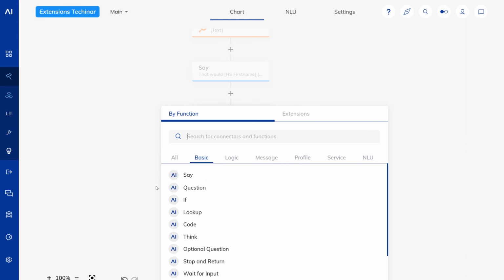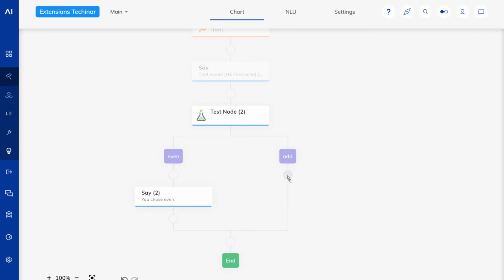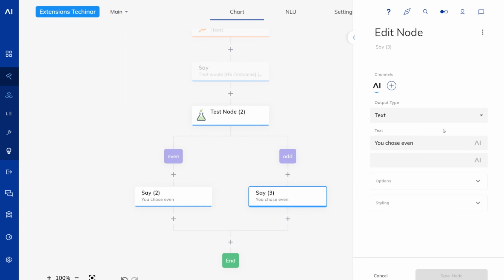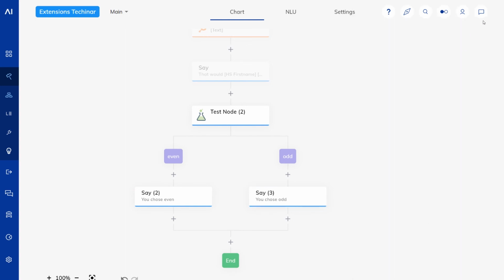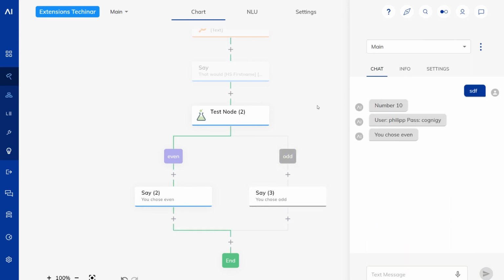So now here we will say you chose even, and here we'll say you chose odd. Let's try it out. We execute the node. It said number 10, and then it gave me the information, and then it said you chose even.